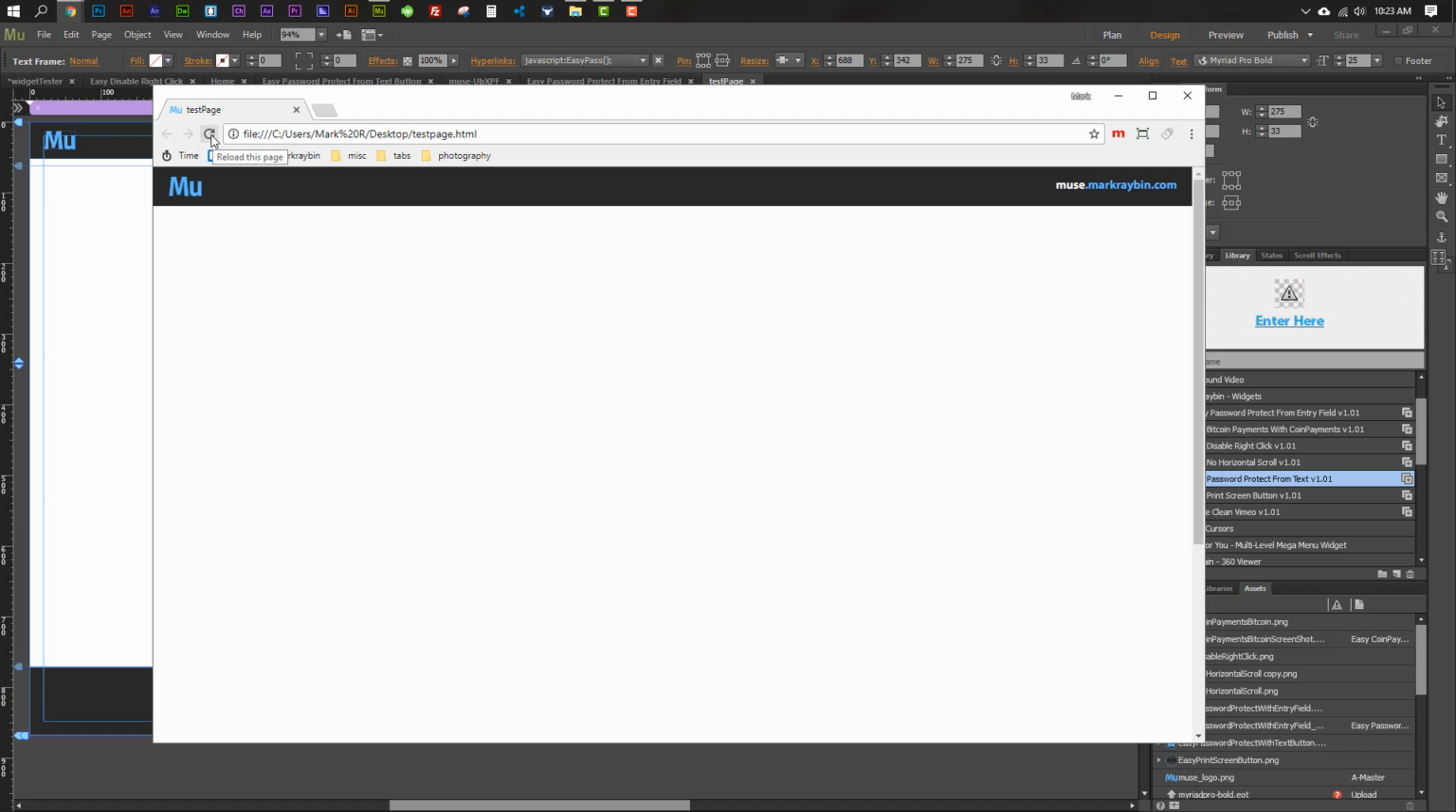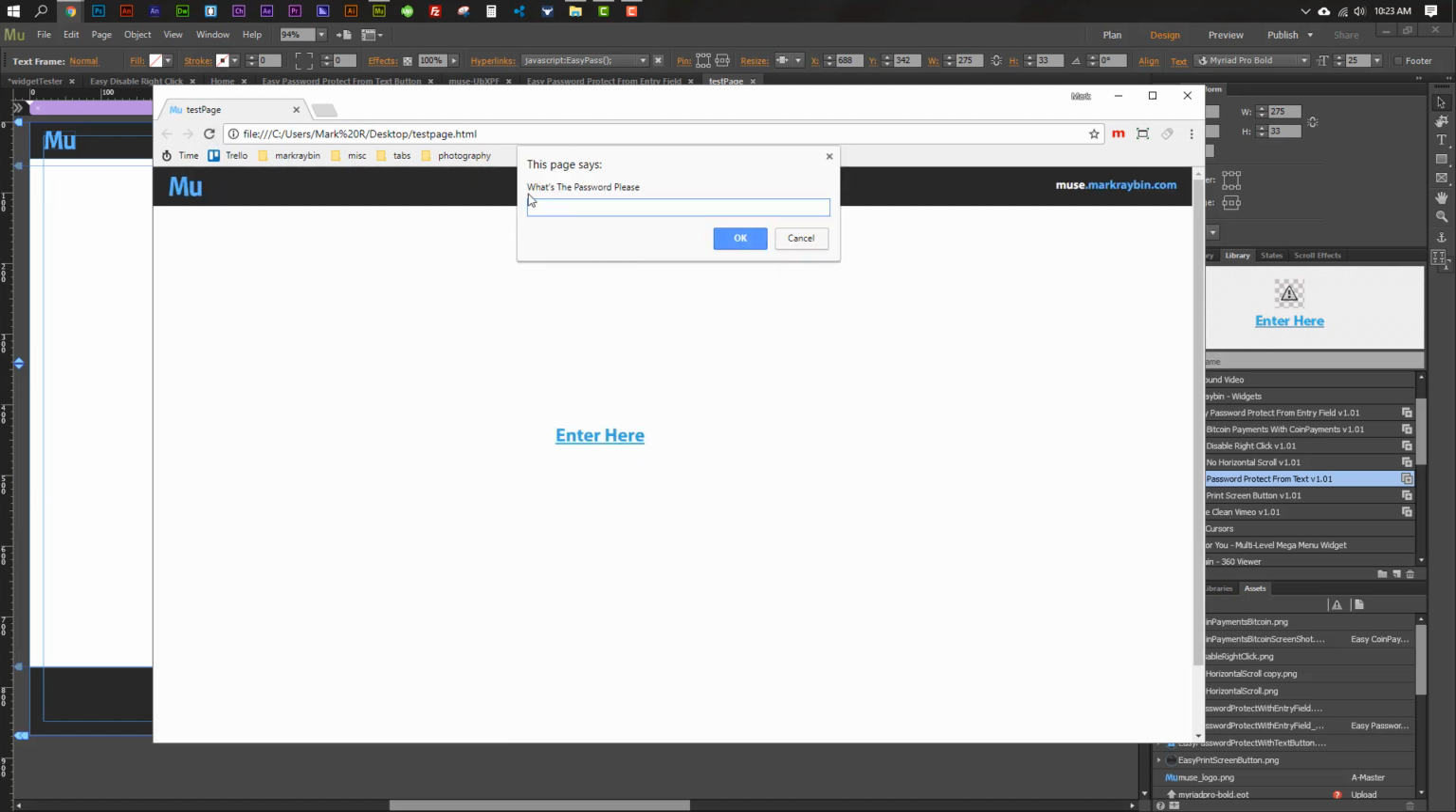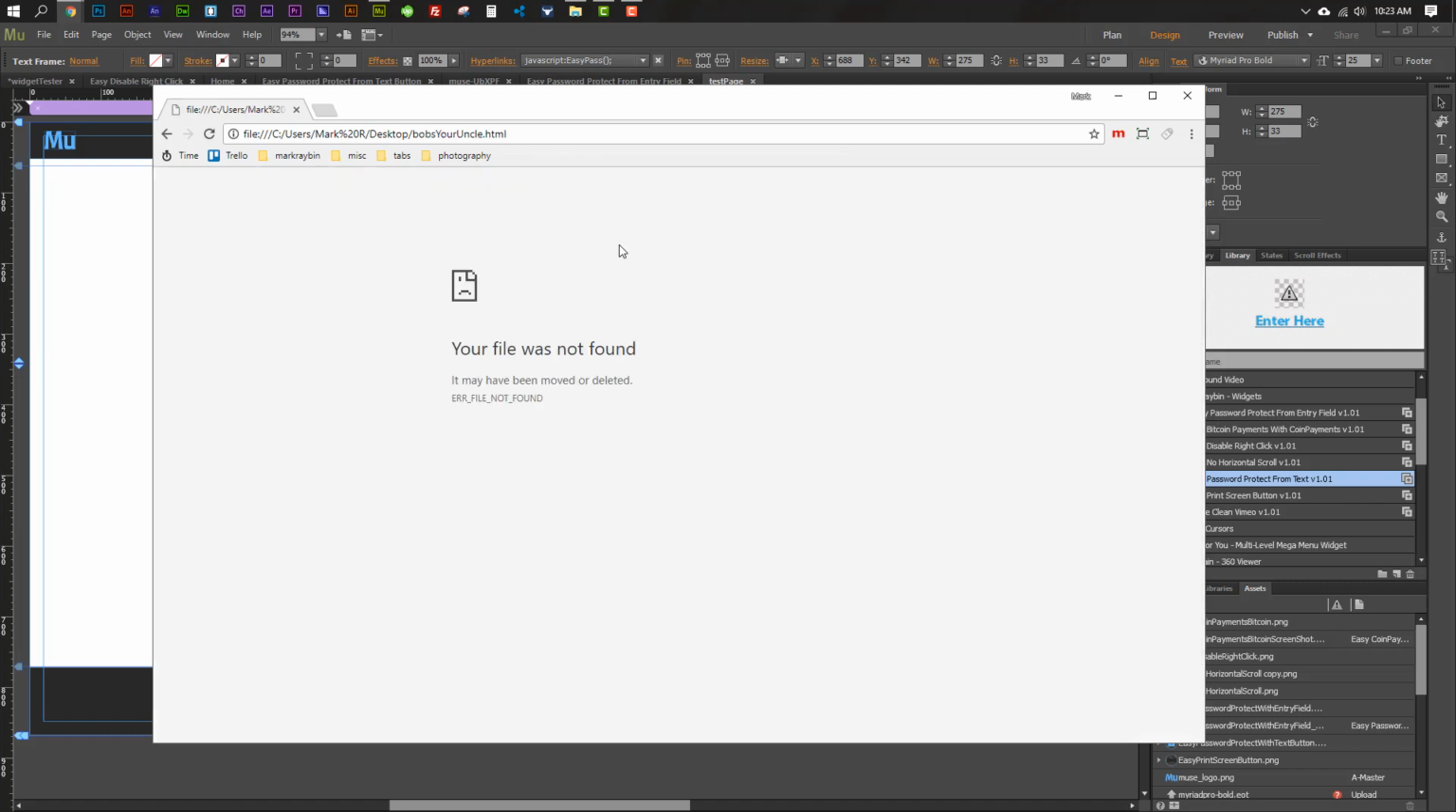Okay, I've got the test page here. Let's refresh this. So we've got the button here, and it's going to bring up this alert that says, what's the password, please? And then whatever you put in here, Bob's your uncle. Let's say that's the password. You hit OK. It's going to give you an error. You see how it says Bob's your uncle.html? It's going to give you an error because that page does not exist. All right. So whatever you want your password to be, that's what you should have right there,